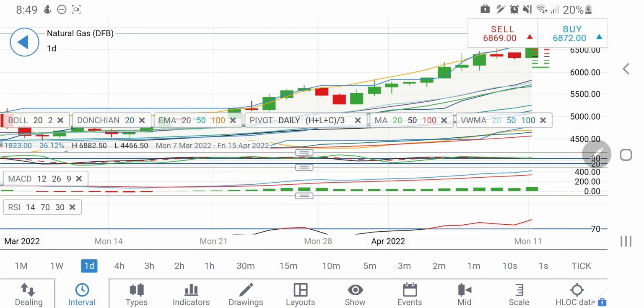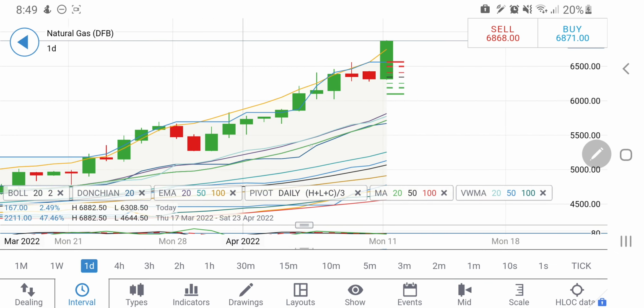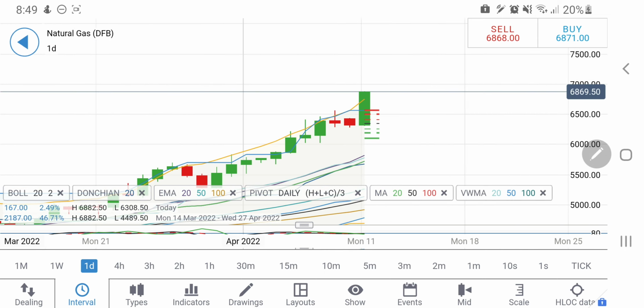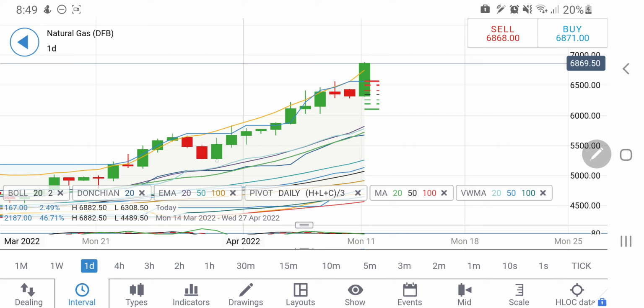Now coming back to the daily charts, the fresh daily candle for natural gas has yet to start here on my app, but look at this, the previous candle is trading with this support, and in fact it appears it has seen the channel high there. So a probable long entry beyond 6.9 can be taken. If you see it trading beyond 6.9, then you can take a trade for $7 levels and plus levels.